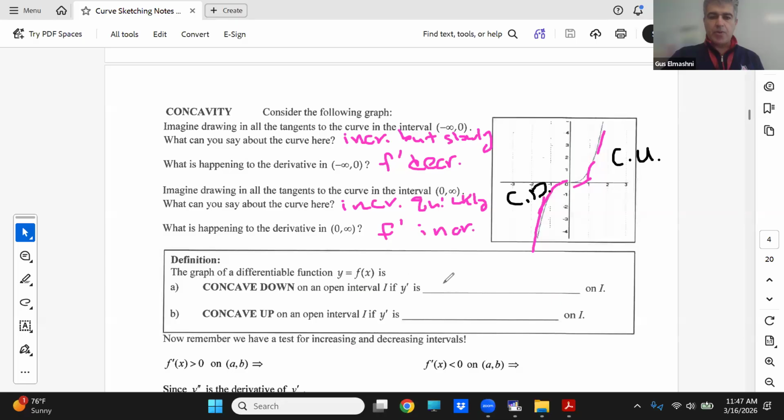You're concave down when your derivative is decreasing. You're concave up when f prime or y prime is increasing in value. You can also think of this as a frown and as a smile. Not the best way, but like, for example,